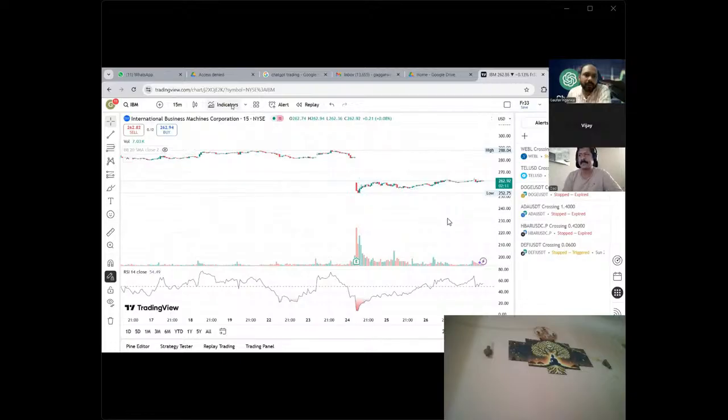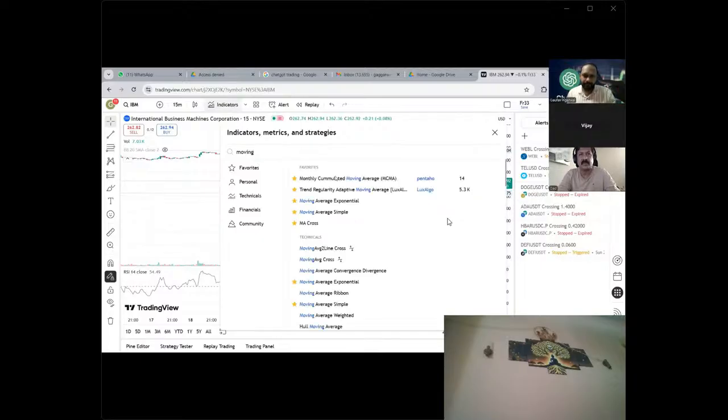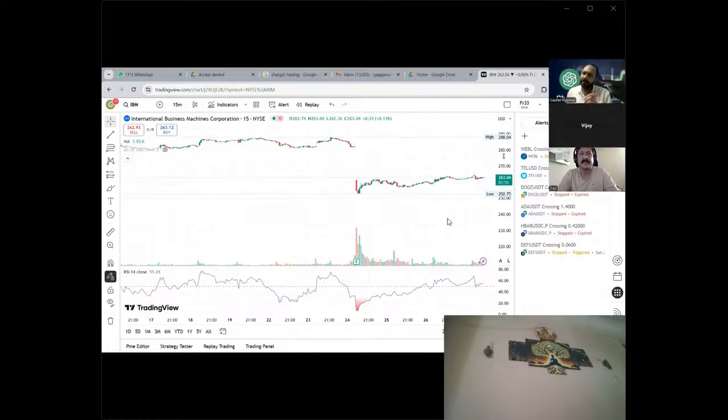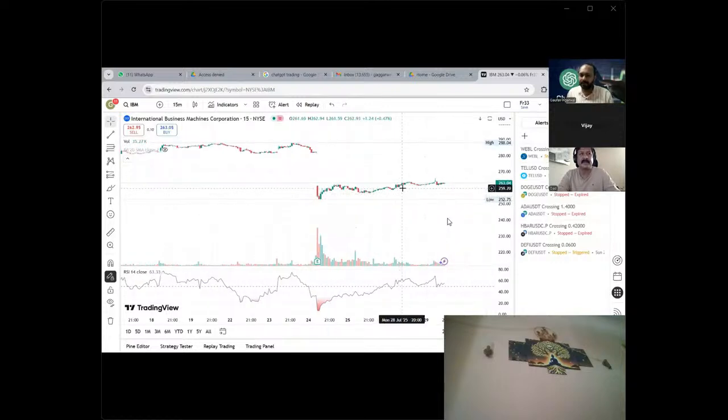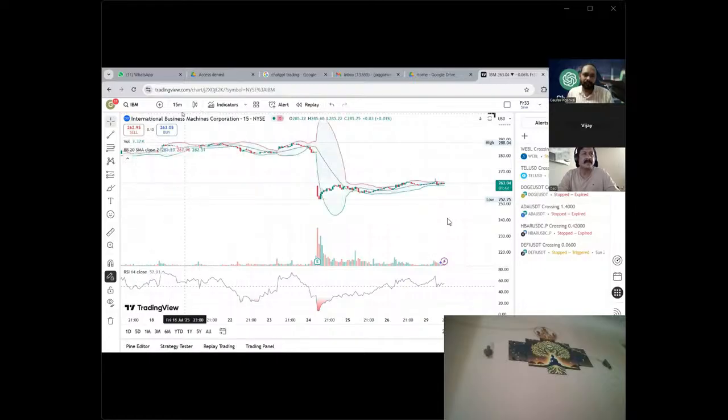For 1 hour, 30 minutes, what should we use? Should 20 be good, or should we keep more than 20? You use the Bollinger Band only. You can keep changing the time frame, but always use the Bollinger Band. The upper median, middle median and lower median will get adjusted automatically based on the time frame you are using. You don't have to change it manually every time. You just need to change the time frame here, like 15 minutes.